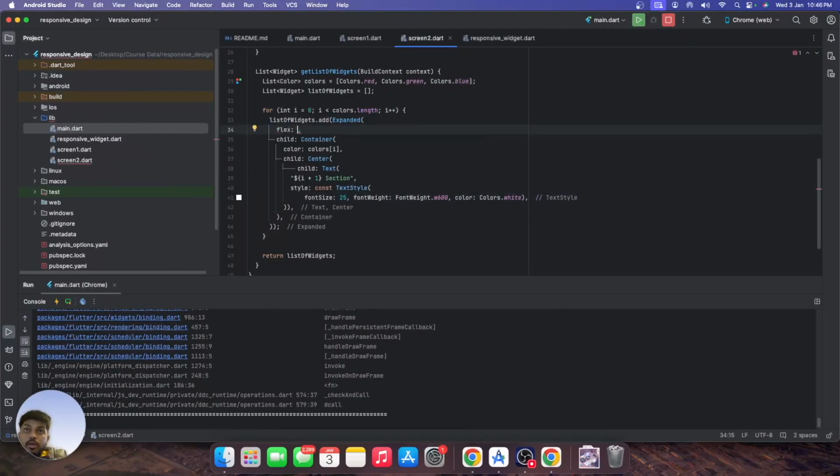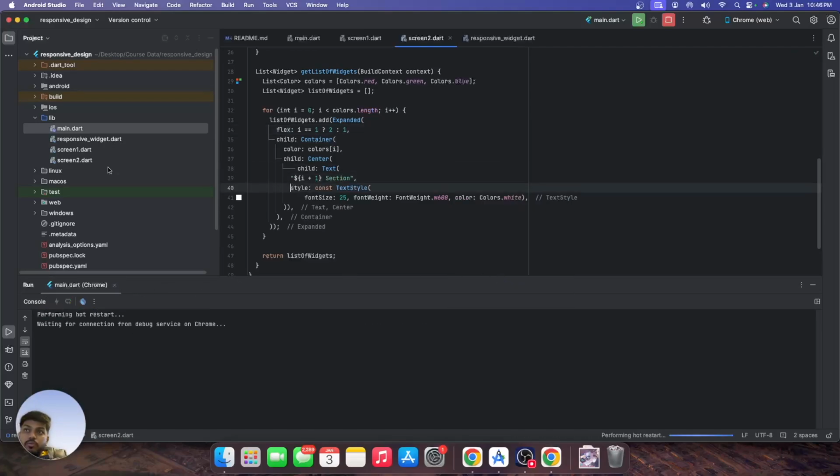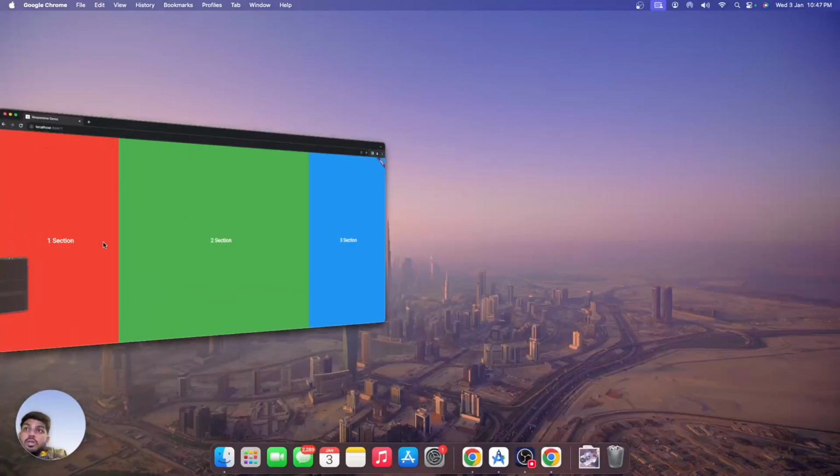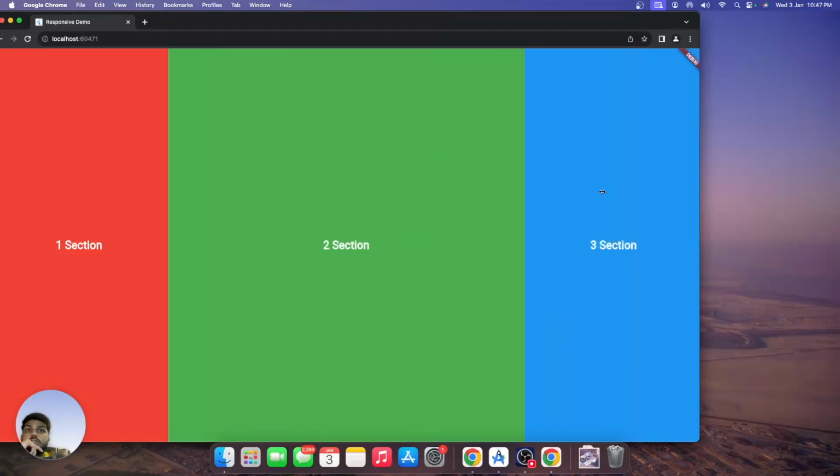So you can write if i equals 1, then 2, else we will use 1, because we are going with the index number. With that check, if you see, section 2 is much bigger than section 1 and section 3,